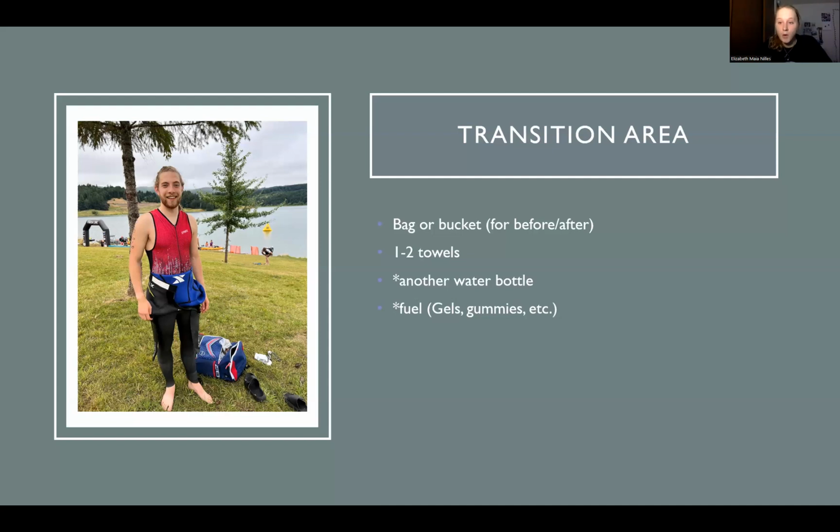So I've only ever brought one for that purpose, but if you want a second one to dry off afterwards, I wouldn't recommend drying in the transition area because you're just gonna get on your bike anyways, and that eats up a lot of transition time. But if you bring a second towel, just stick it in your bag or save it for after in your car or something. Yeah, for sure.